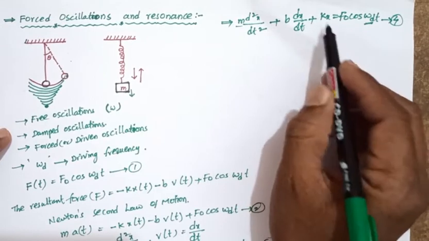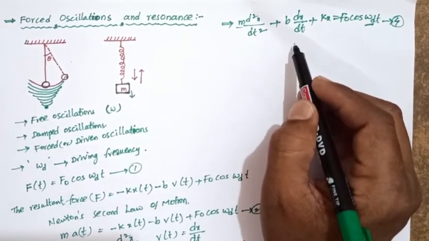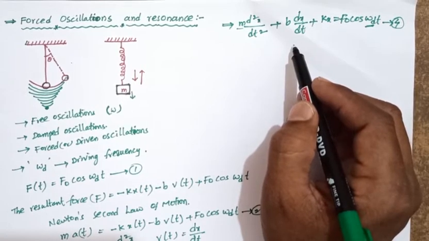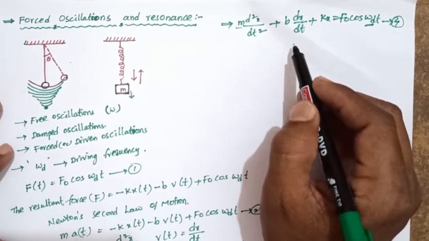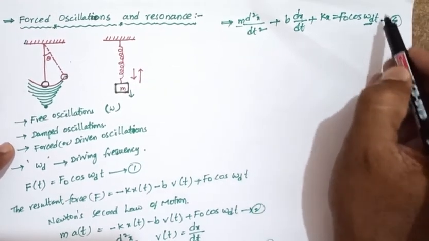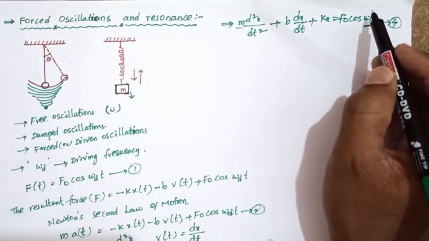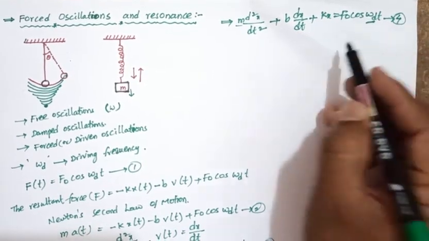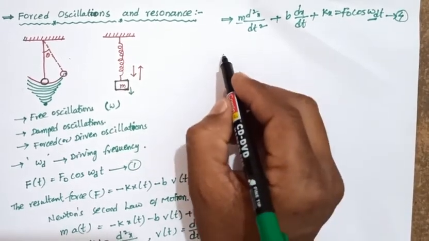Due to the damping force, the natural frequency dies out, and then it oscillates with the frequency of the external periodic force. So it oscillates only with the external driving frequency. Then the solution of equation number 4 gives the displacement